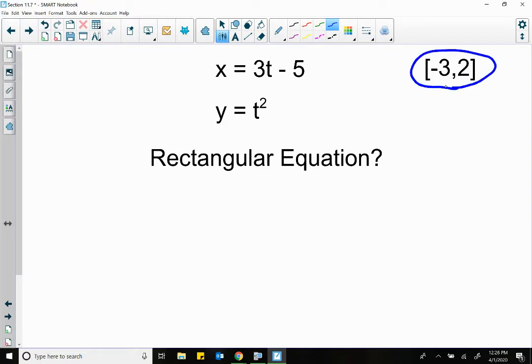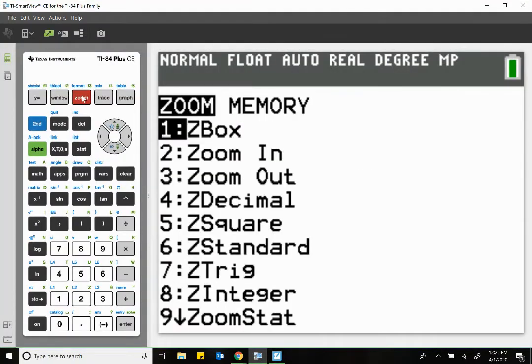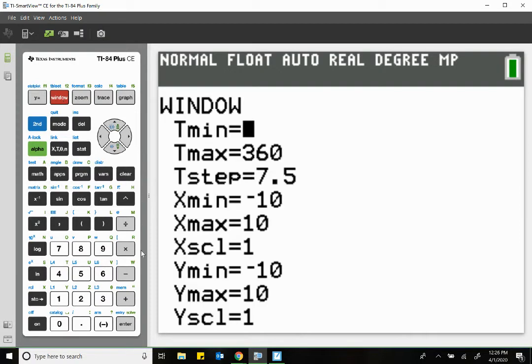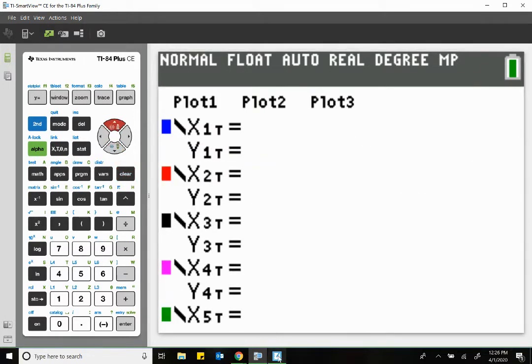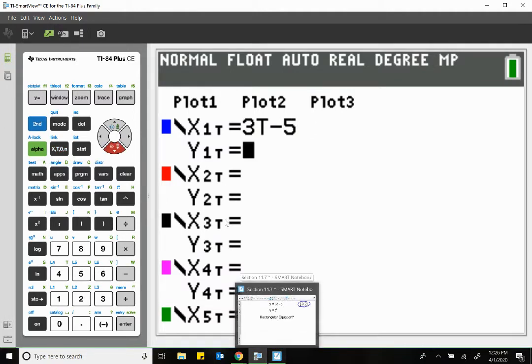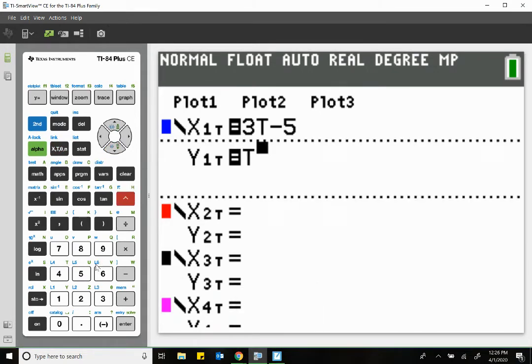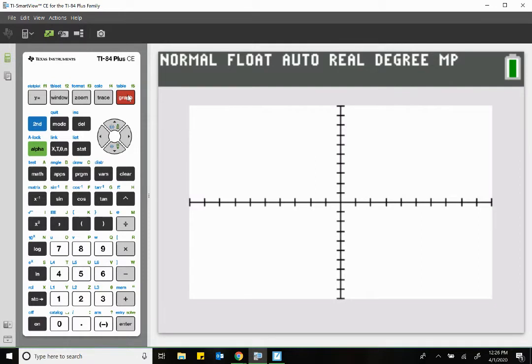Again, this goes into the window section for t. So we got negative 3 and 2. So window section, window. We've got negative 3 and 2. Come up in here. We're just going to clear these out and put our equation in. So our top equation is 3t minus 5. Our bottom equation, if I remember right, I believe it was t squared. Yeah. T squared. And if we hit graph,